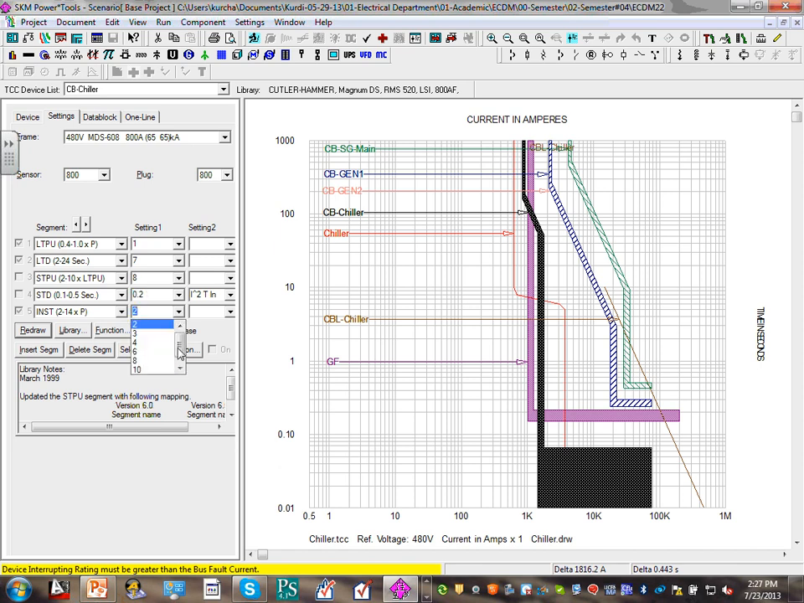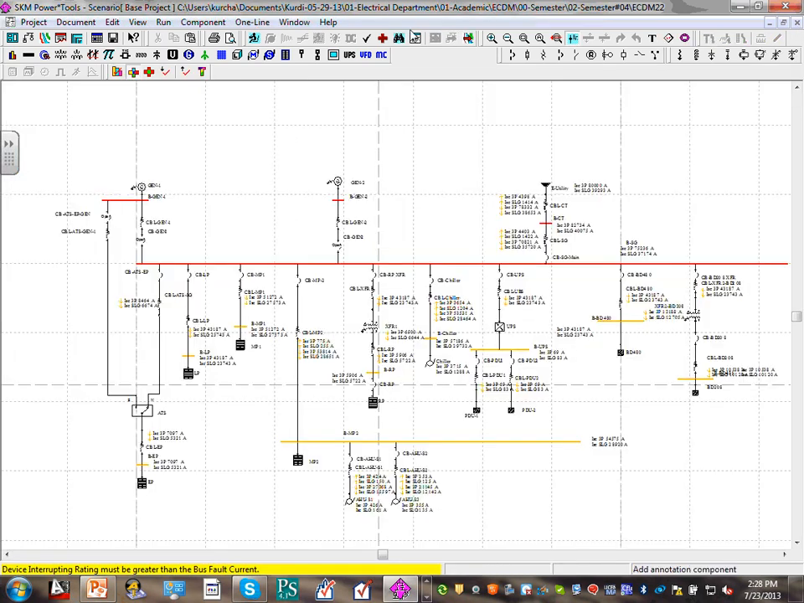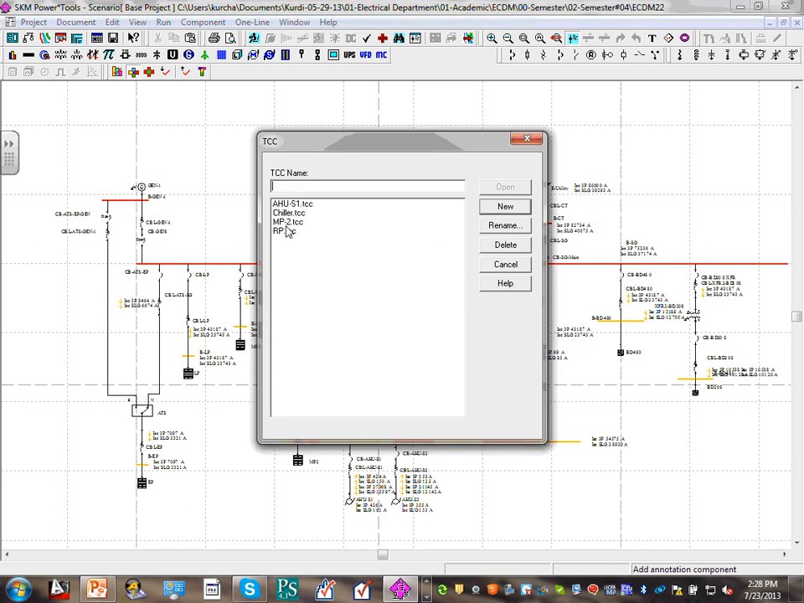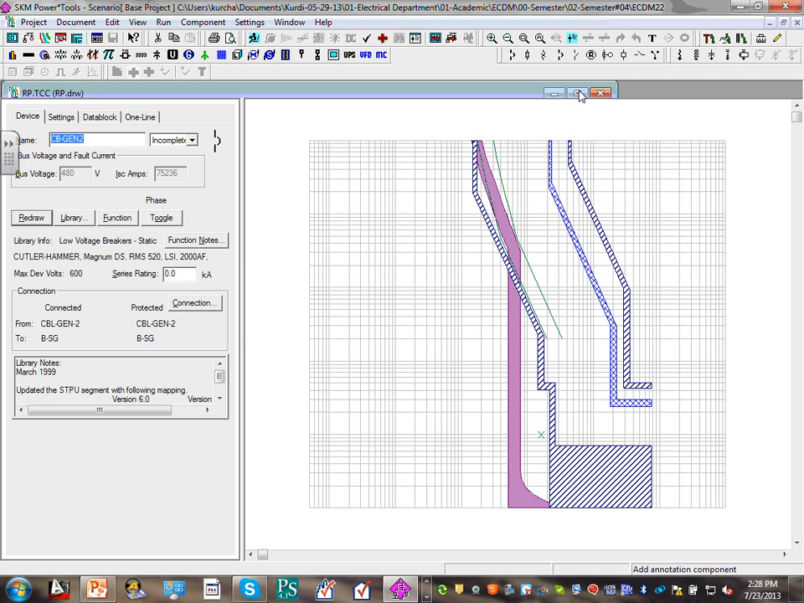Yep, you're absolutely right. So if I move my instantaneous all the way to here, you need to be as close to the starting curve as possible, but not overlapping with it. So that's one. The other one is the circuit breaker panel, because the same